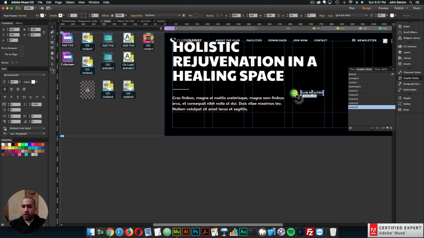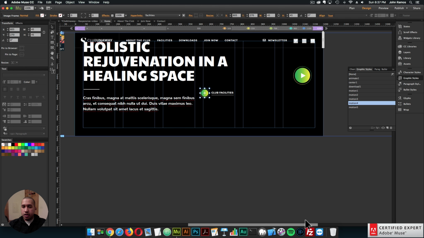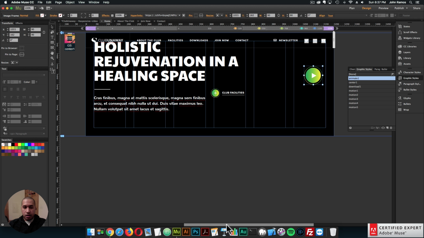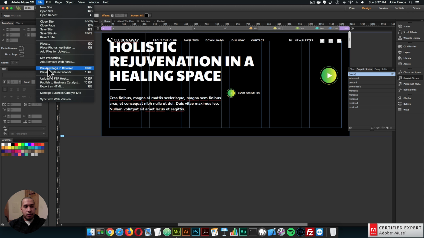And then Club Facilities has motion 5. This button here has motion 4 applied to it. And this button here has Animate 1 applied to it. All right, and if I go ahead and preview,